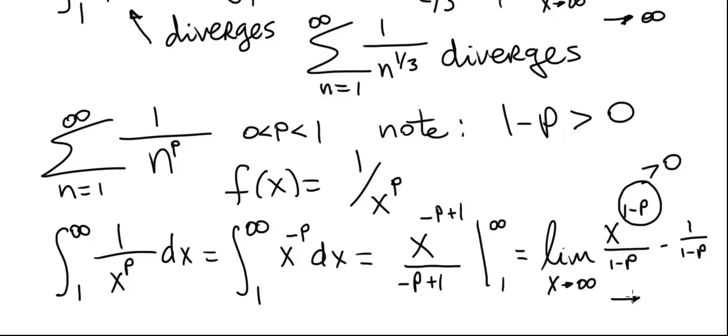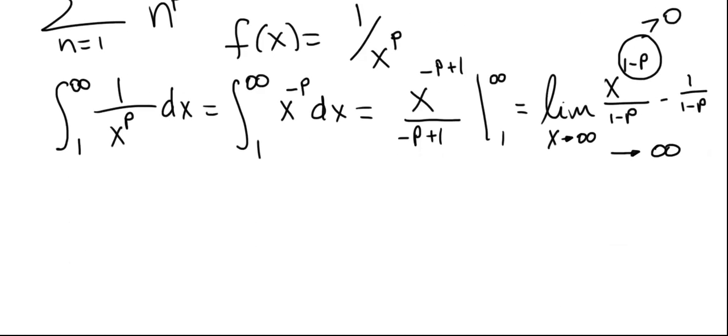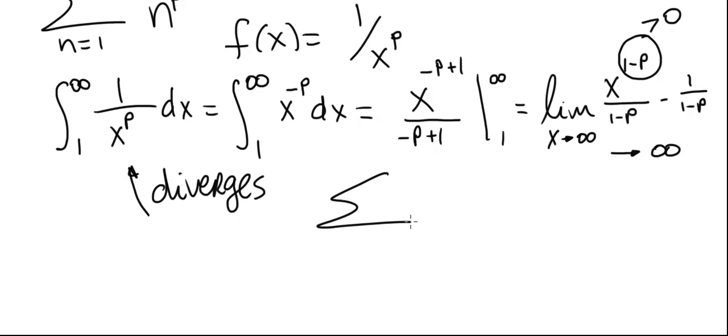Therefore, this limit is going to go to infinity, and the integral diverges. And because this integral diverges, we conclude that the p series of the form summation 1 to infinity of 1 divided by n raised to the power p, where p is any value greater than 0, strictly less than 1,